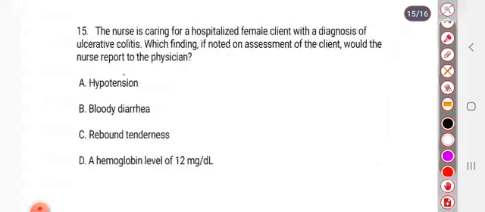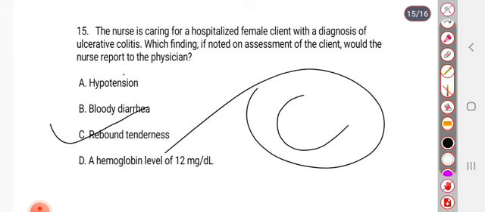Next, the nurse is caring for a hospitalized female client with diagnosis of ulcerative colitis. Which finding is noted on assessment of the client that the nurse should report to the physician? ये अपन पहले देख लिया है. C is right answer. नेक्स्ट,